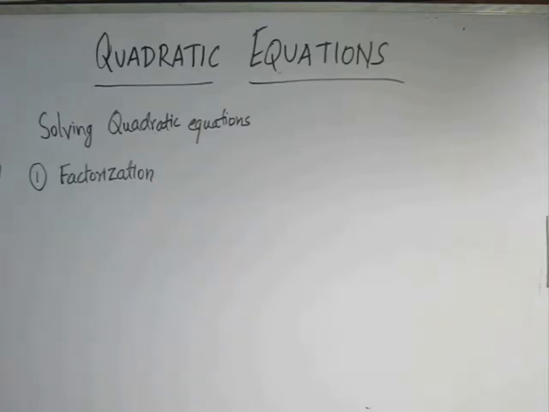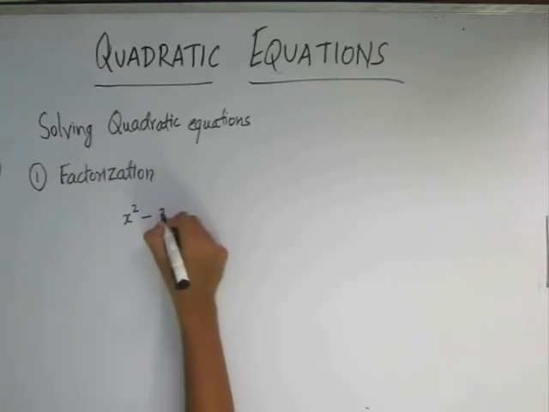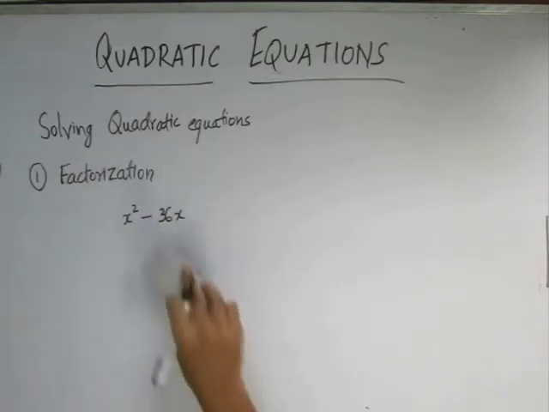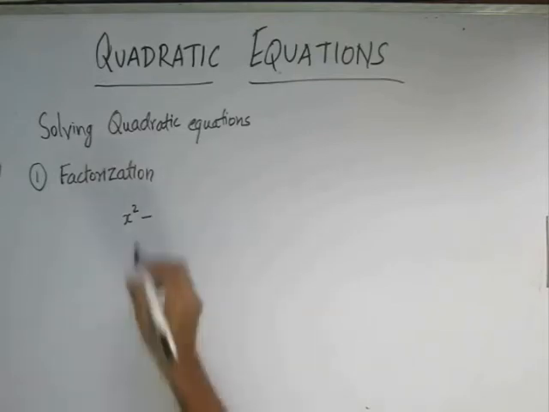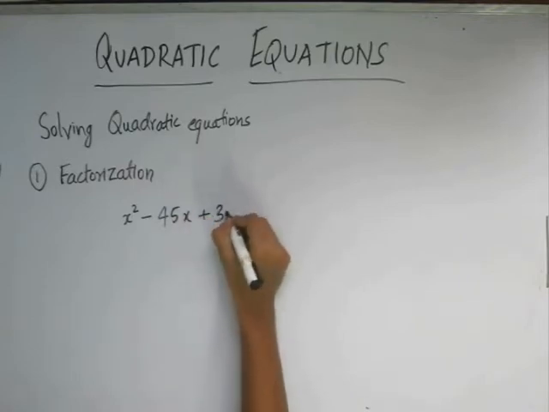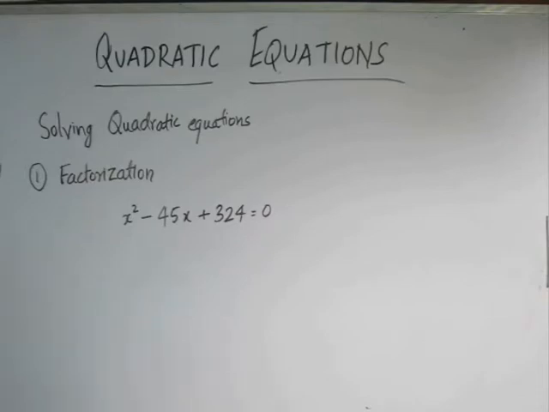Now let us consider the same equation that we had earlier, x square minus 45x plus 324 equal to 0. This was the equation that we obtained considering the marbles problem, where two people A and B had a few marbles and each of them lost 5 and the product of the marbles became 124. So this was the final equation obtained in that case, and we would like to solve this particular equation using